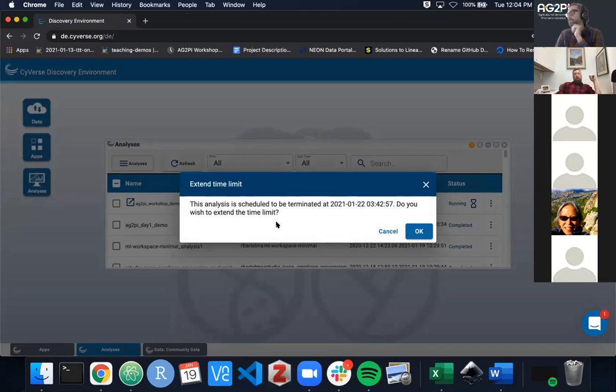Do you wish to extend the time limit? If you hit OK, it'll ask the CyVerse Discovery Environment team to extend your analysis. But we won't do that just now, that's just for future reference. So I hit